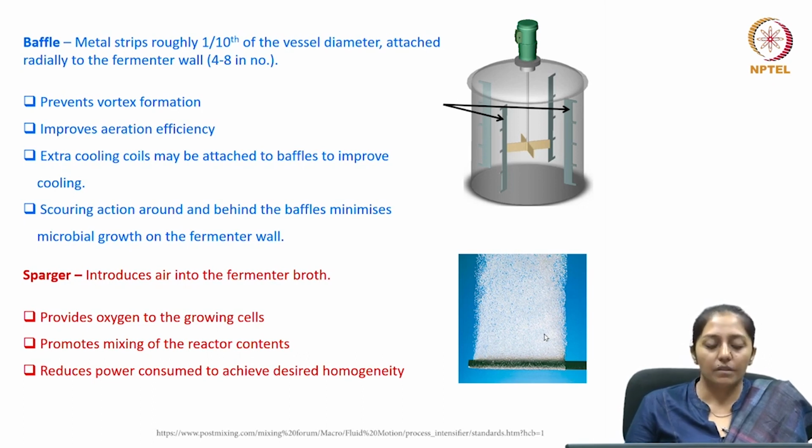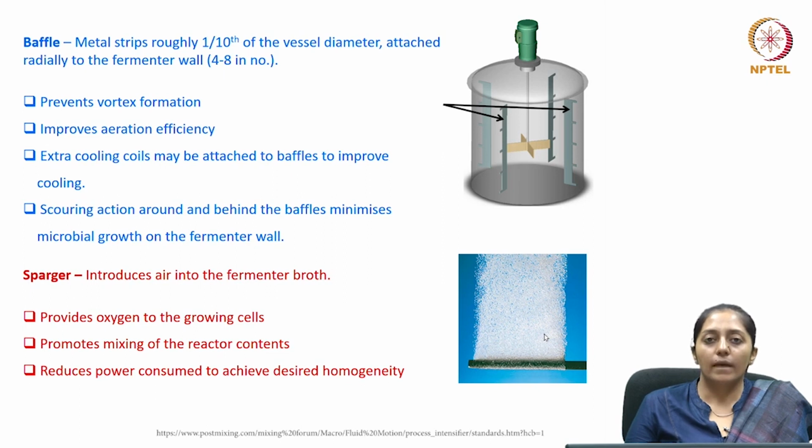Then comes the sparger. The picture shows a photo of a sintered sparger where very fine bubbles can be introduced inside the liquid broth. So, it can provide oxygen to the growing cells, thereby promoting mixing of the reactor contents, because the sparging of the air bubbles causes turbulence in the liquid broth,